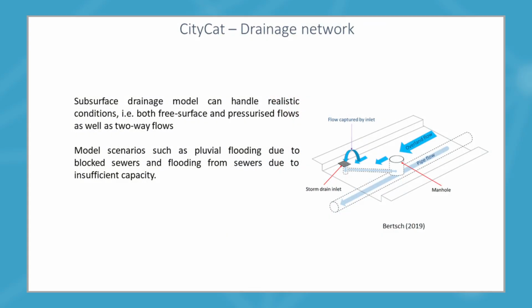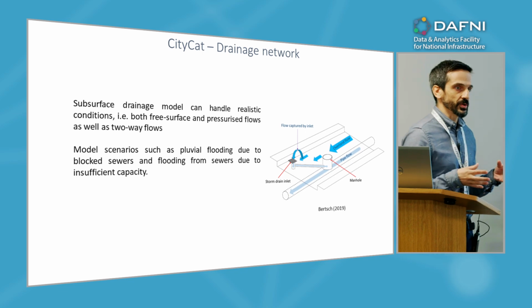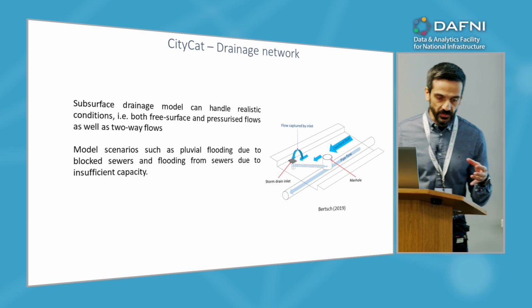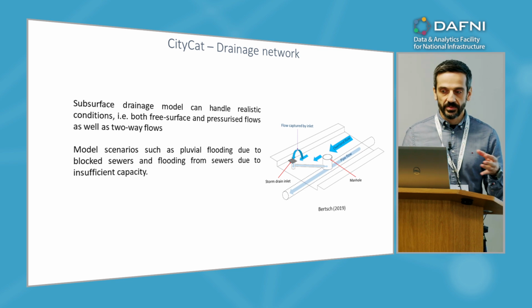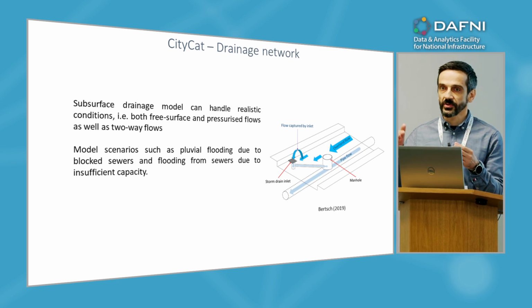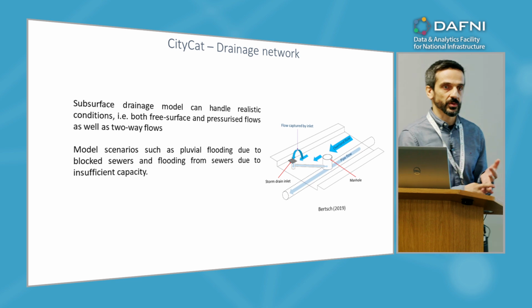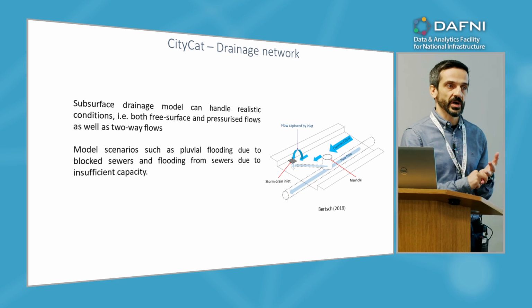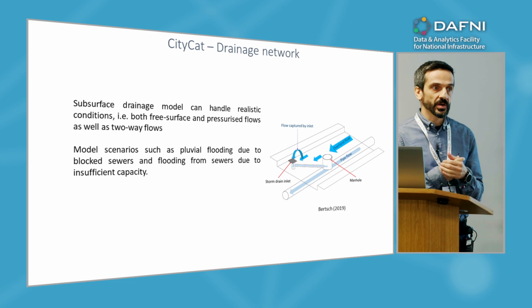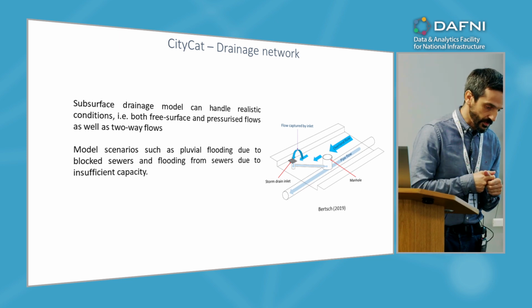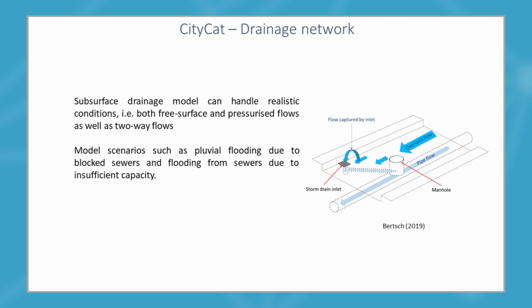So the main difference of our model compared to other models is the pipe model. So basically it's based on the free surface and pressurized flow equations, so you can model accurately free surface, pressurized, and mixed flows in pipes, and it is fully coupled with the surface. But the problem with this approach is that it's a bit slower. So that's why we really need platforms like DAFNI to run these models, because they do take quite a bit of time to